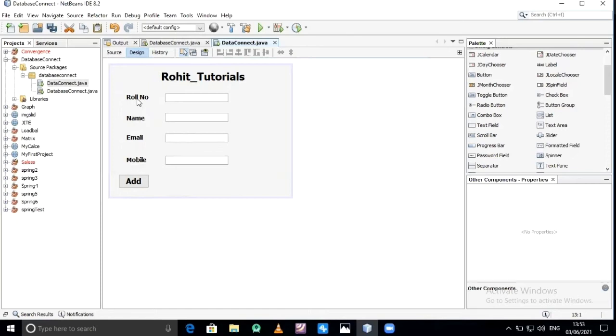So here we have first taken the label, roll number, name, email, mobile. After that this text field for roll number, text field for name, text field for email, and text field for mobile. And also I have added one button, and the caption for the button is add. So after pressing that button, all the information for the student is inserted into the database.